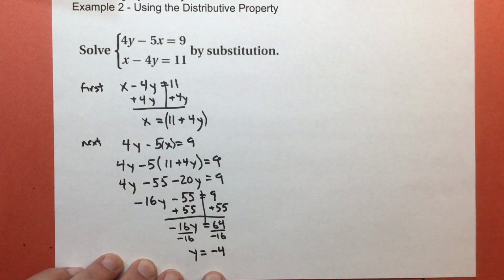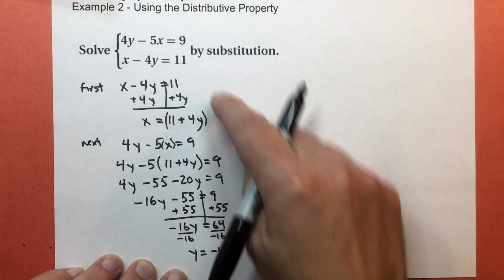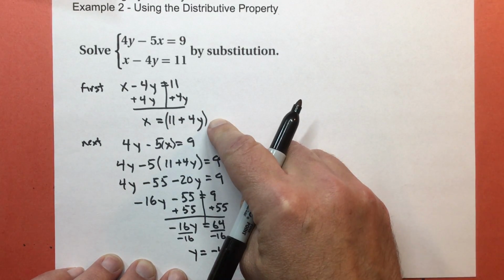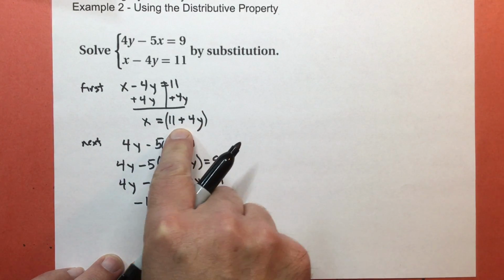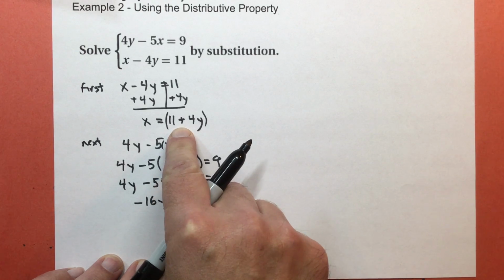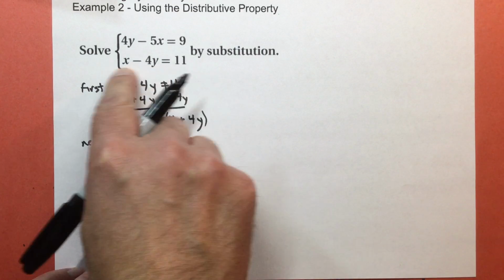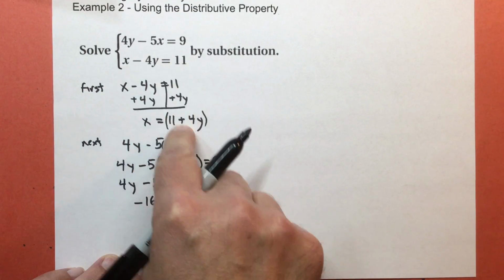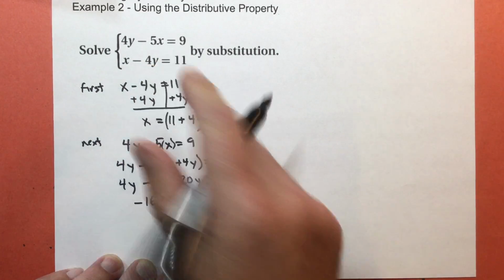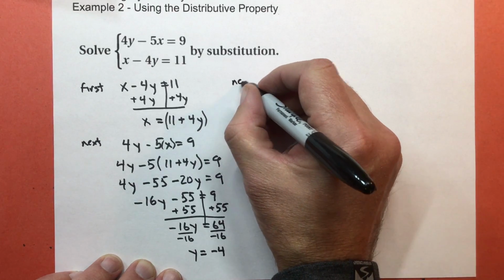Now I've got to go back and find the x. Now, this is what's really important. Because I had to do something in the first step, this is not what I was given, even though I had to use it. I always go back to what I was given in the first part of the problem, okay? Not what I changed it to, but what I was given. So the next step,